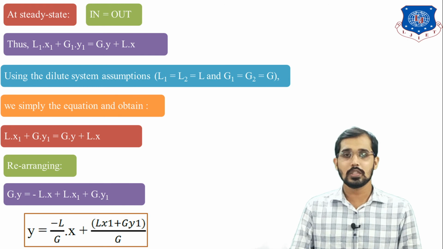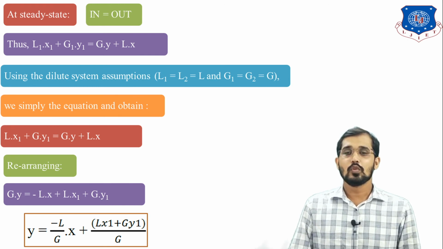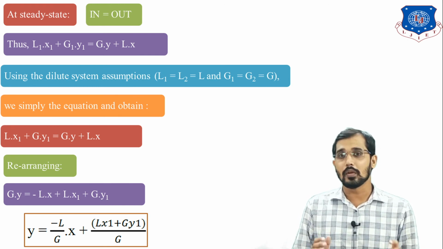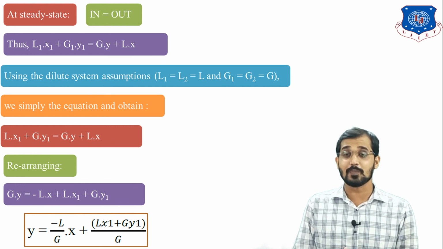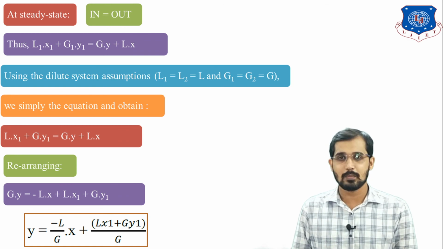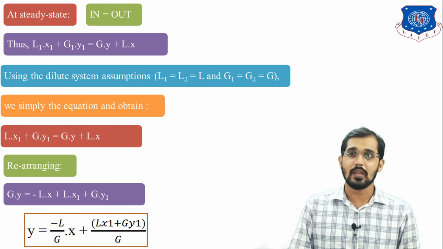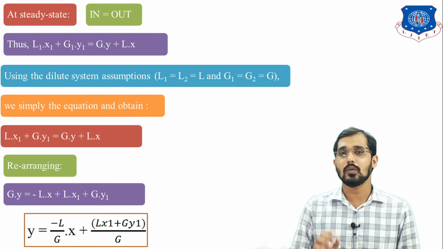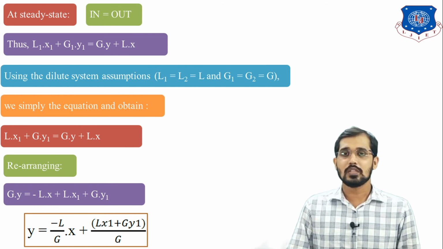So this is all about this operating line equation. So what we have seen in this lecture, I told you related to the gas absorption, the difference between counter current mode of the gas absorption and co-current mode of the gas absorption. After that, we have derived here the operating line equation for the co-current gas absorption. So this is all about this lecture.